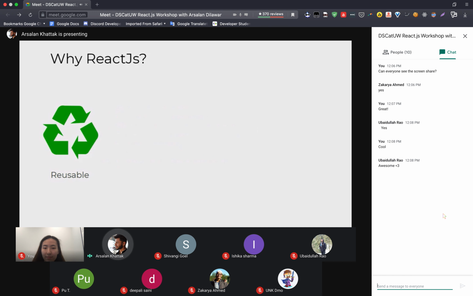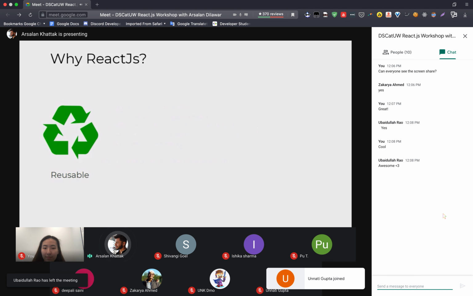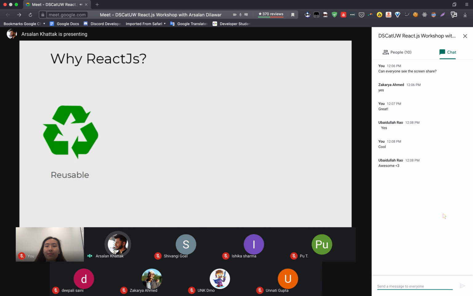You just need to add the styles and HTML just once, and you will be able to use that everywhere. So you don't need to write that CSS every single time you want to use it. So that is what I mean by reusable. Unidirectional means that it has this relation where you have one component and then you have another component inside that, and then you have another component inside that.